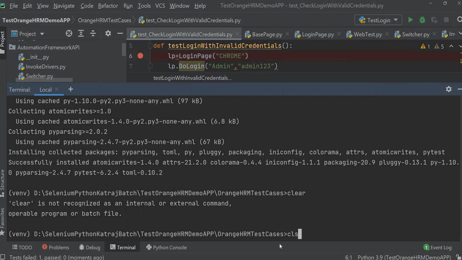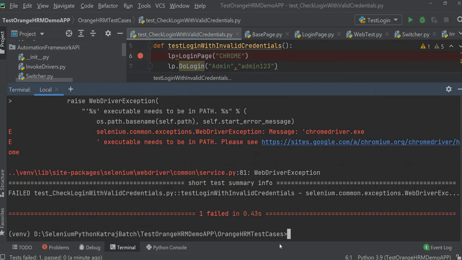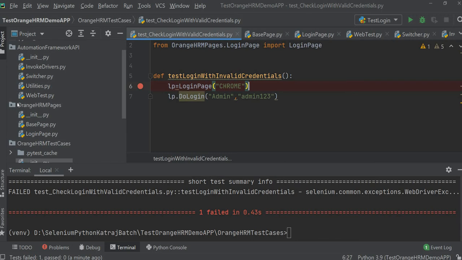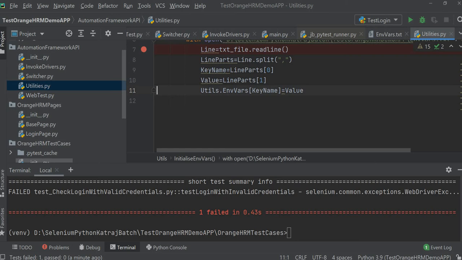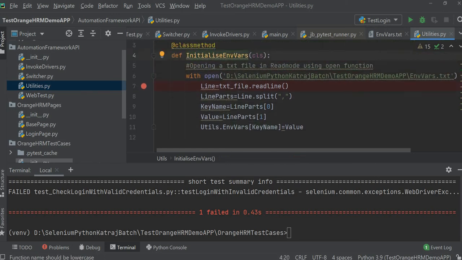Sorry, CLS. I test. Why is it not getting it? Okay, maybe the path. Okay, let me check this. This seems to be a culprit actually. This one here. Why didn't it? Oh, I got it.